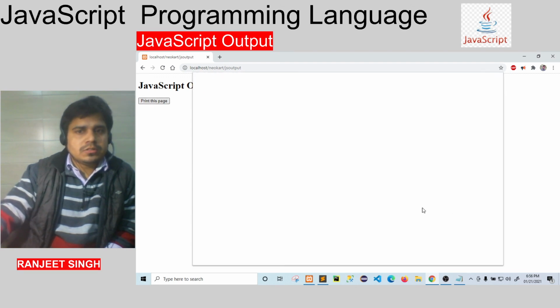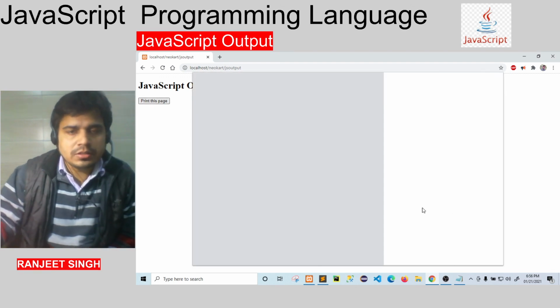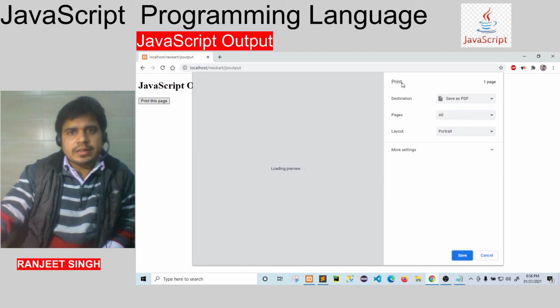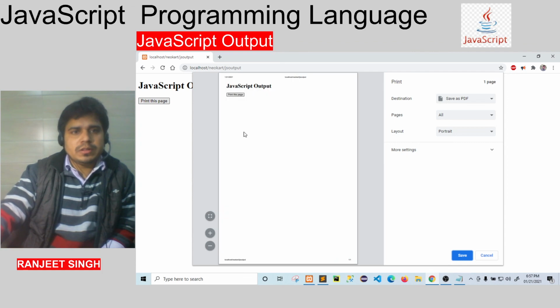Now click this. It is showing the print dialog, and you can save, right? You can print on your printer, or you can save it also.